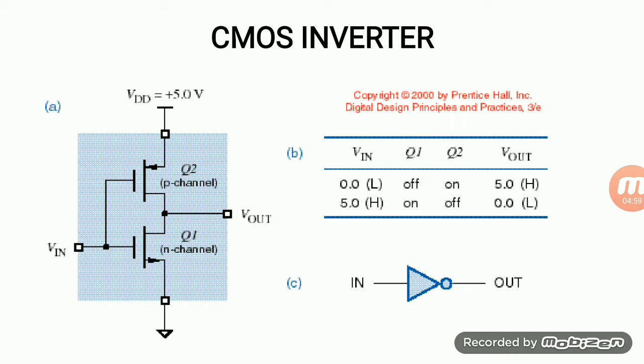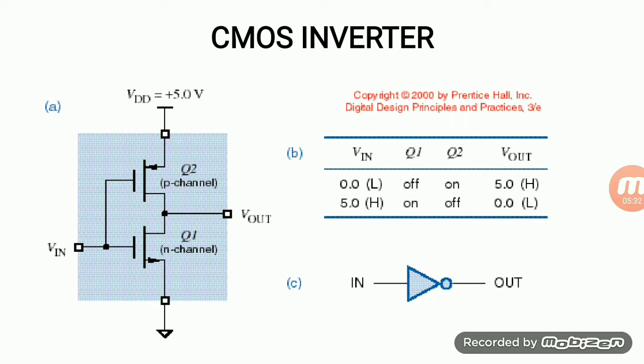So based on Vin equal to 0, before doing that operation, you can recall the operating voltages of the PMOS and NMOS. In case of PMOS, when the input is 0, the PMOS transistor will be on. In case of NMOS, when the input is 1, the NMOS will be on. So all of you remember this: in case of 0, PMOS is on and NMOS will be off. In case of 1 input, PMOS is off, NMOS will be on. So now we can go for the operation of the CMOS inverter.